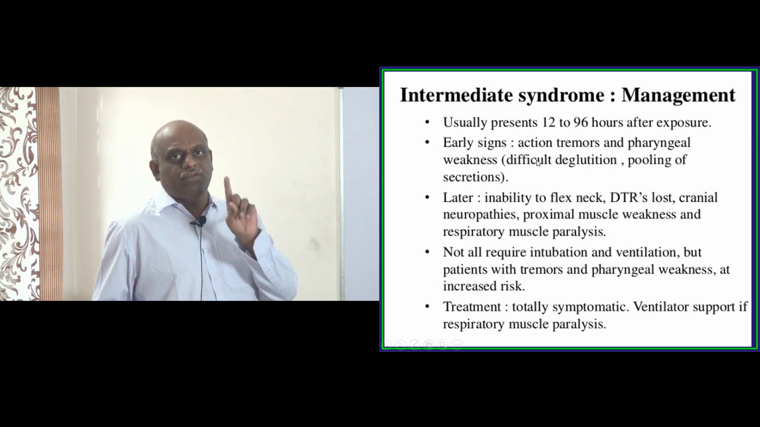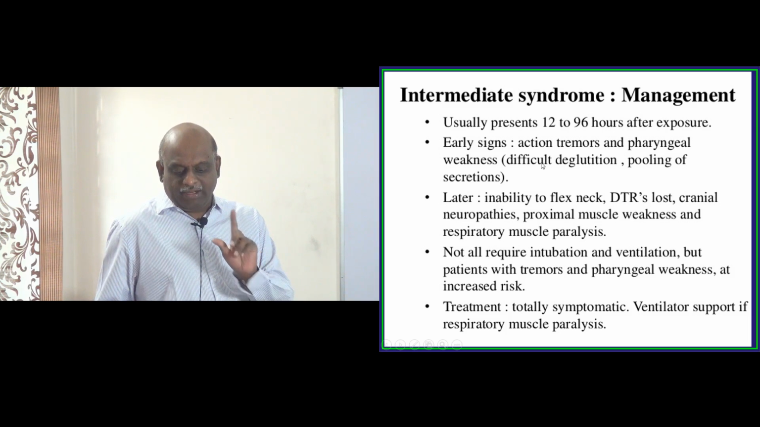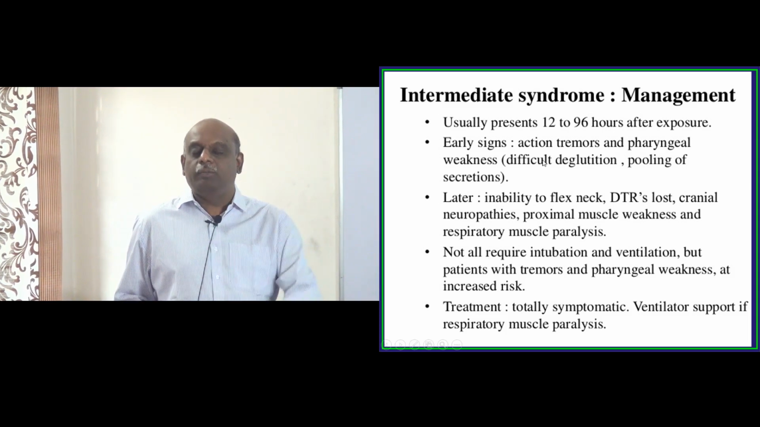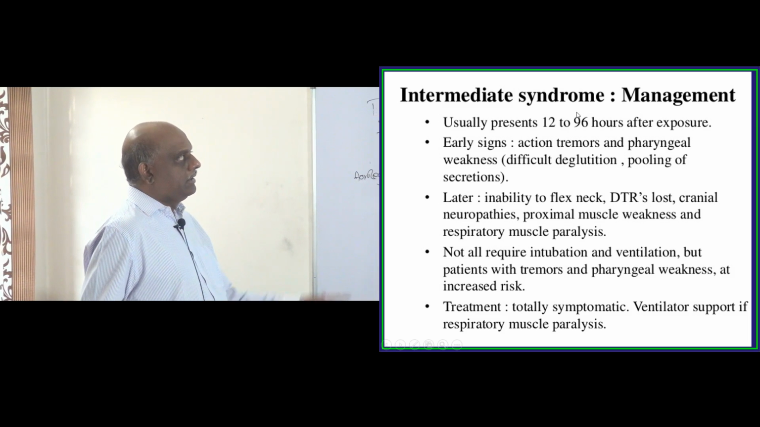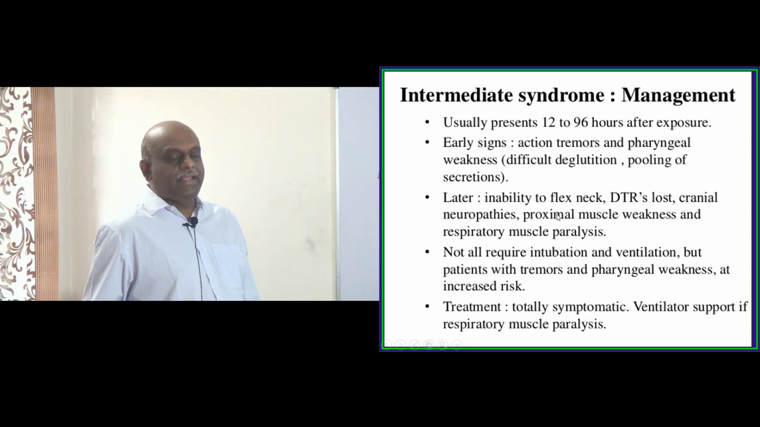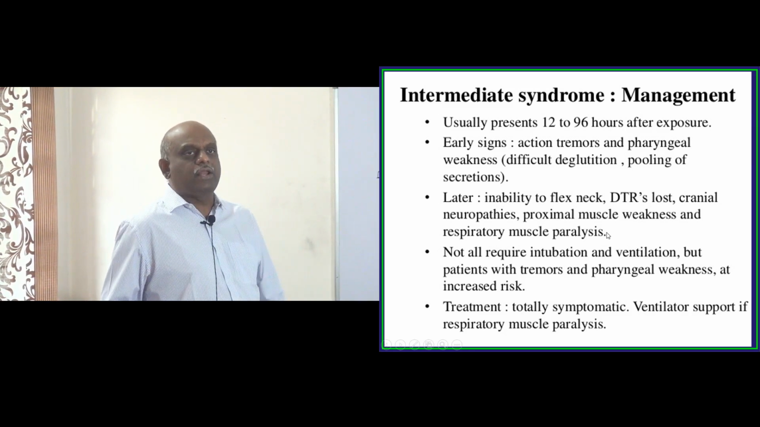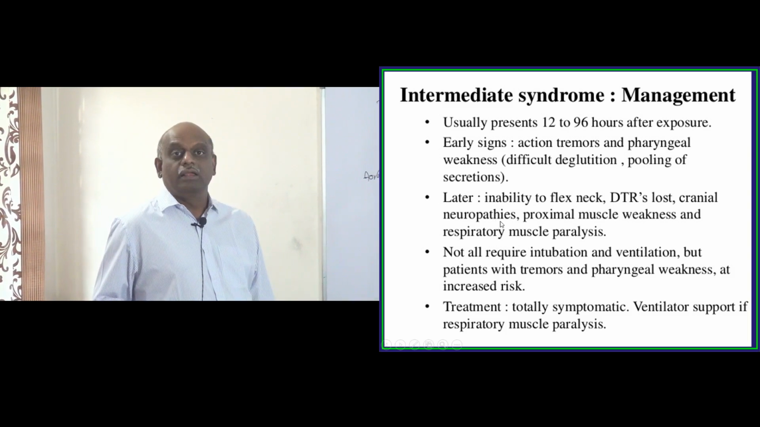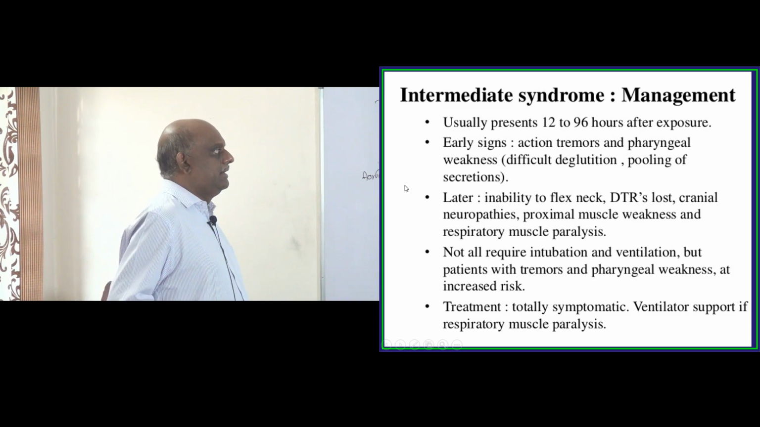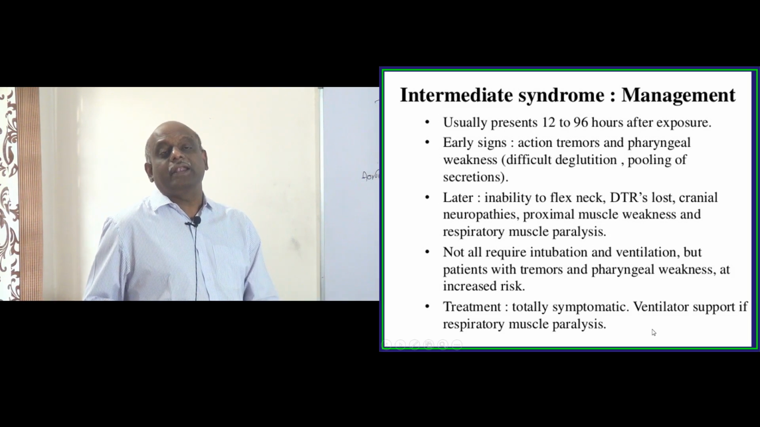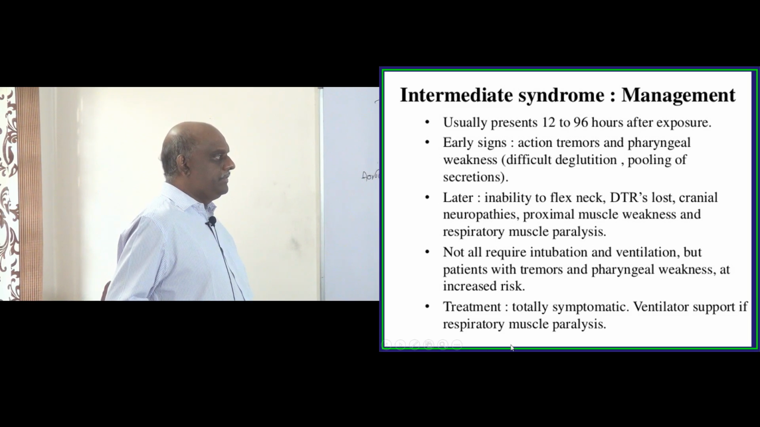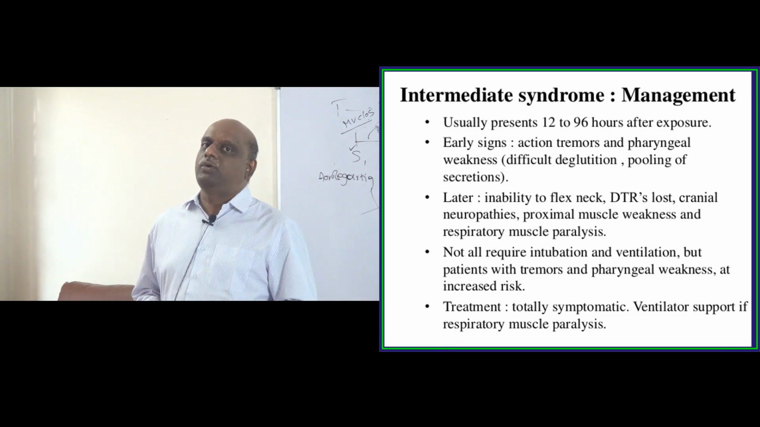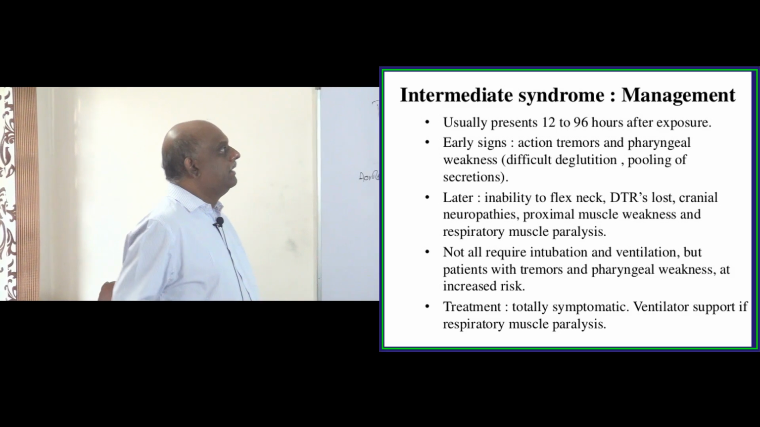If you see one case of OP poisoning with intermediate syndrome in acute medical care, you will not forget it. After you have resuscitated a patient of OP poisoning, they can develop intermediate syndrome. Later they cannot flex the neck, the DTRs are lost, with cranial neuropathies, proximal muscle weakness, and respiratory muscle paralysis. Some of them may require reintubation, and the treatment is totally symptomatic, but the good thing is they will recover, but you need to be ready to give ventilatory support to the patients. Now doc,